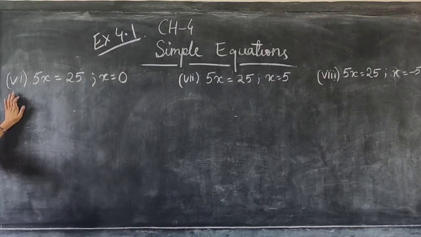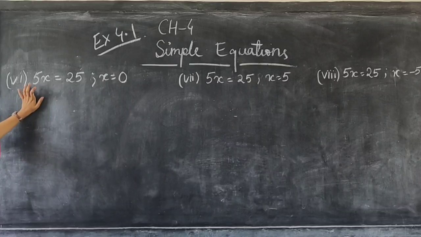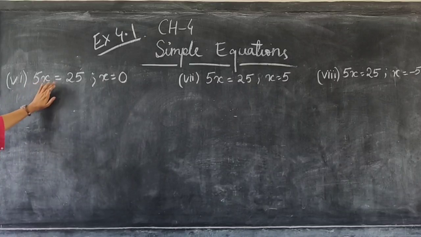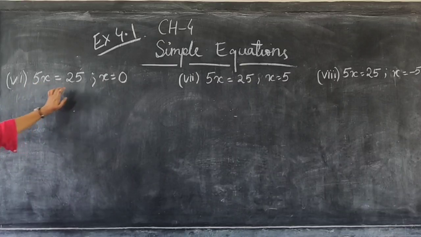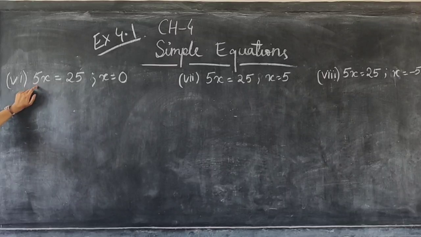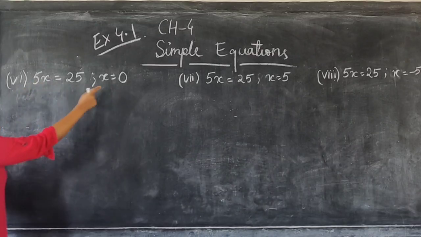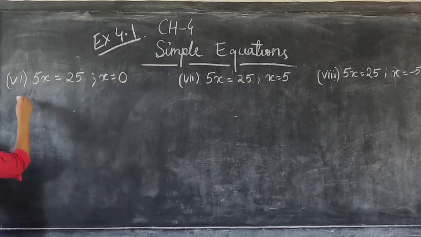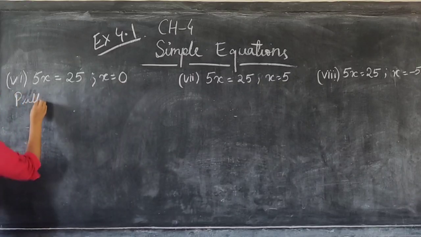Now see question number 6. What is our equation? 5x equals 25. What is this 5? This 5 is called the coefficient of x. 5 is the coefficient of x. Now what is the value of x given? It is 0. So write, putting